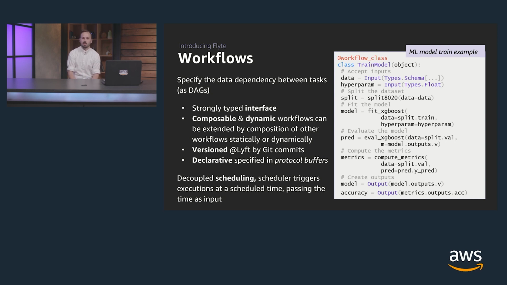So you could imagine, for instance, that at Lyft, you might want to train a traffic model in some cities hourly, and in other cities that have very highly varying traffic, you would want to train those more often, perhaps every 5 minutes. By using this workflow that's parameterized, it's decoupled, and you could have different schedules on the same workflow for different inputs. And these are also versioned, and this allows you to pretty easily